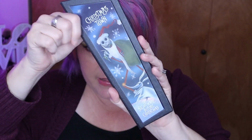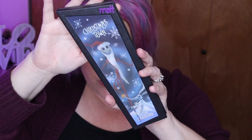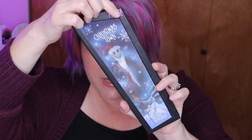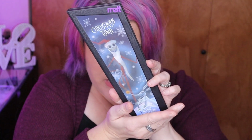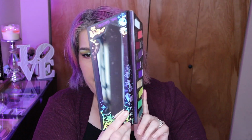Again, it is a $60 palette. It is a palette that has Christmas Jack on there, dancing or doing whatever Christmas Jack is doing. And it just has Melt up here. It is resembling the doors. And it has, "I've made a terrible mess of your holidays" on here. It has some of the presents that they did, and then when you open it up, it has a little bit more of a Christmas scene, and the foiling in here is kind of iridescent foiling or holographic foiling,